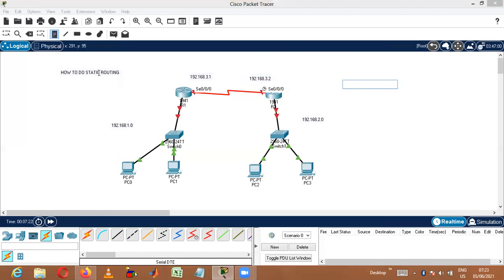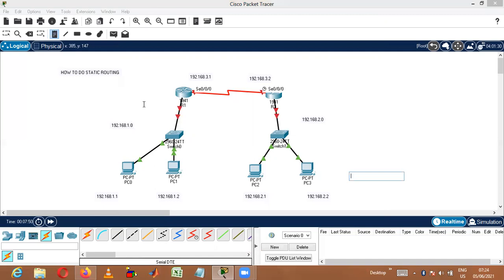Since it is the 1 dot network, the PCs are 192.168.1.1 and 192.168.1.2. Similarly, this is the 2 dot network, so it should be 192.168.2.1 and 192.168.2.2. So I have labeled all the ports.